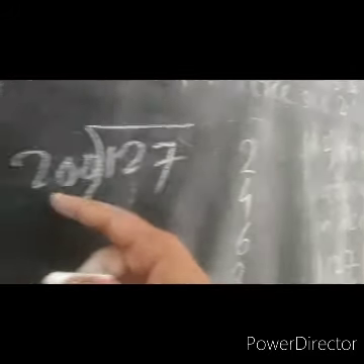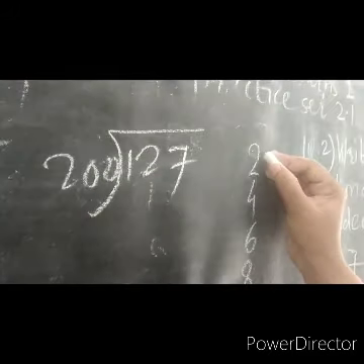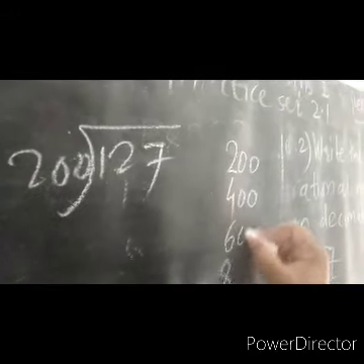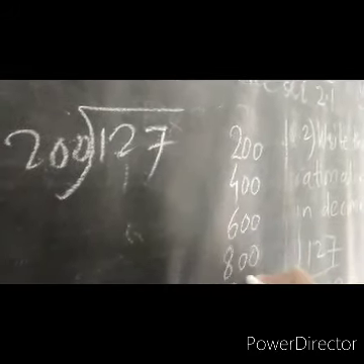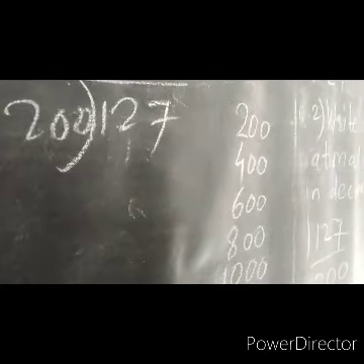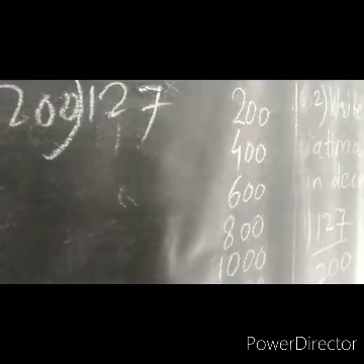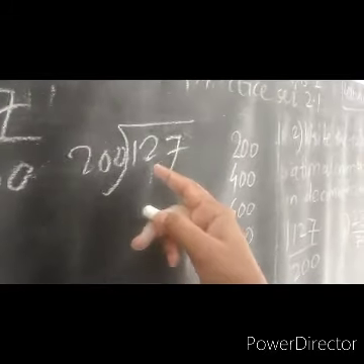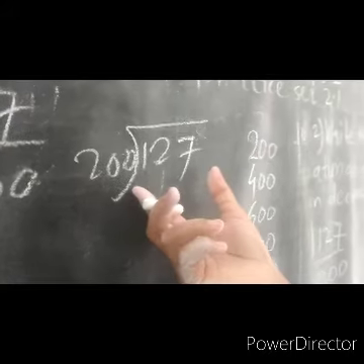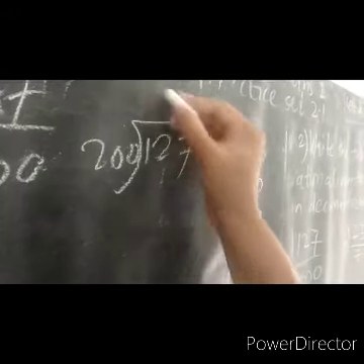So after 2, two zeros are there. So after 2 we have to put 2 zeros. After 4 also 2 zeros. Next number also, 2 zeros we have to put. Now we got the 200s table. Now we can solve this example. Now see in the 200 table, 127 is not there. 127 is smaller than 200. So 0,